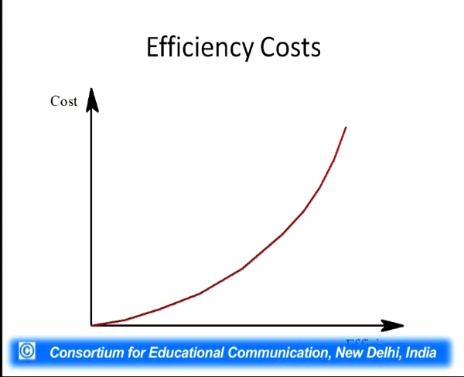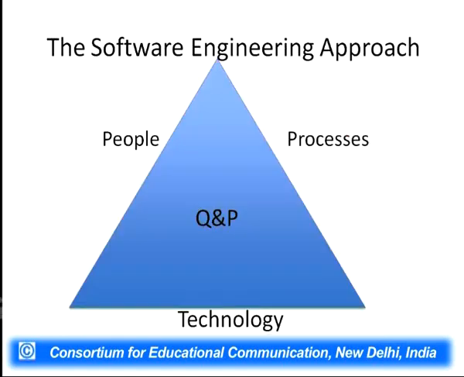If we look at this graph here, we can see that as we try to increase the efficiency of the software, the costs go high, and beyond a point the cost will escalate at a very high rate. Therefore, cost benefit analysis is a very important part of the software development process, because the benefits accrued by increasing the cost after a point have to be decided after discussion or consultation with the client. So, cost benefit analysis is a very important aspect of the software development cycle.